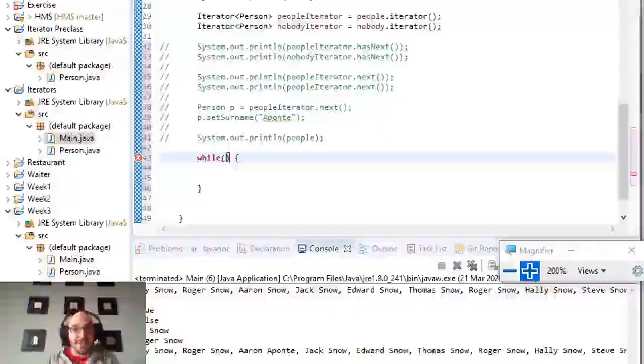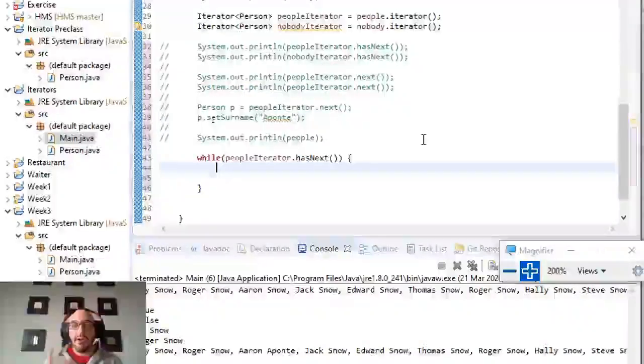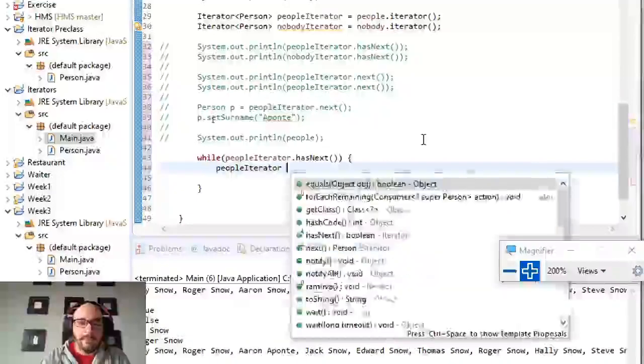And yes, you guessed it, we actually have a method that tells me whether there is a next element or not, which is the hasNext method. So I can say, well, the people iterator that hasNext. So as long as the iterator has another element, I want you to do something. For example, I can say people iterator that next